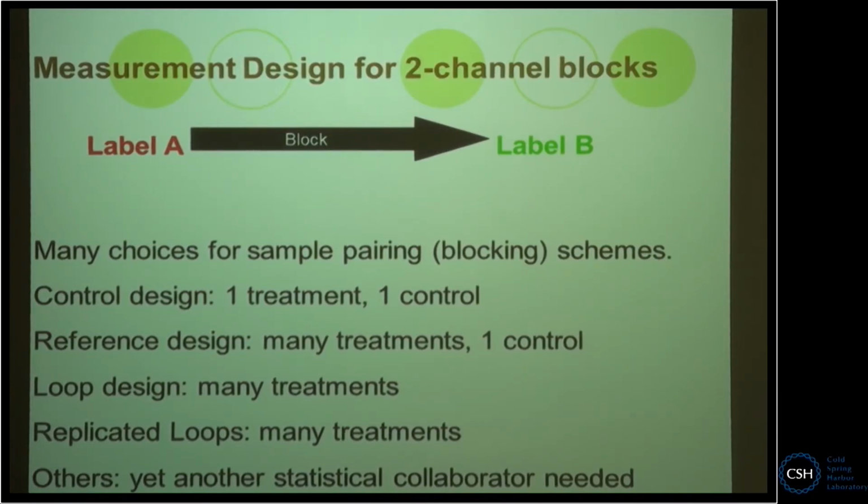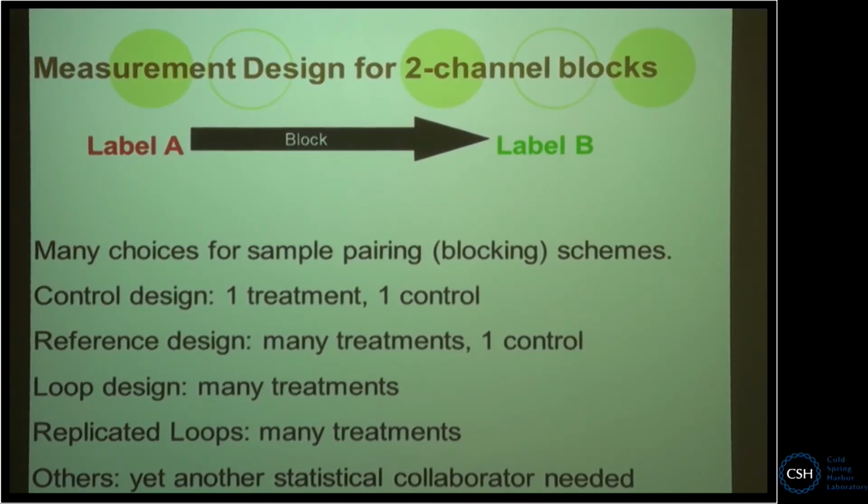Okay. So here's, I guess, a simple example. Here's a 2-channel block. So one thing that people used to do, one thing that's really easy, is if you just have one treatment and one control, you just always do